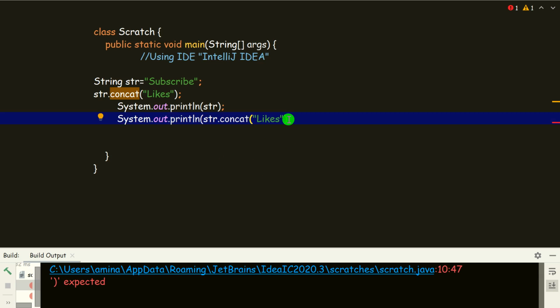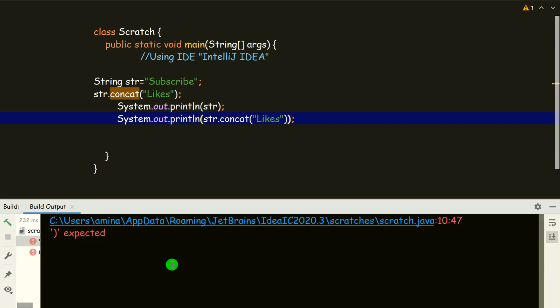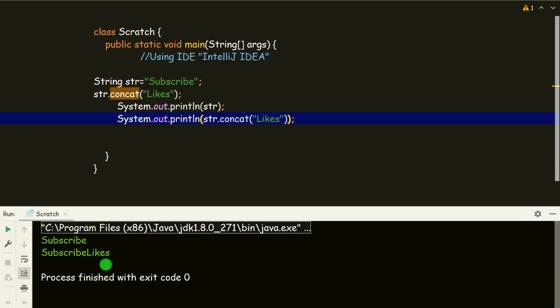Okay, one bracket is expected over here. So let's run it and see. See, one object is "subscribe", that's str, and another object is created, "subscribe likes". So another object is created, str isn't modified yet.